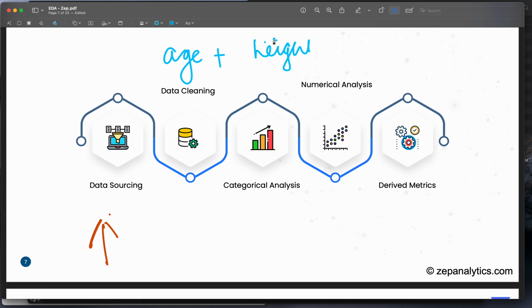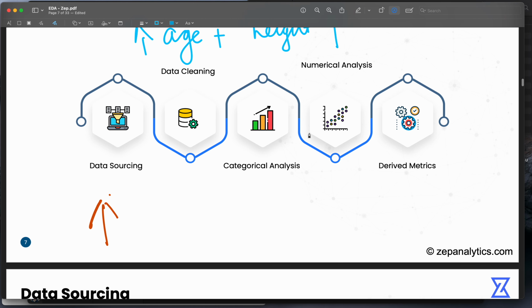As the age increases, mostly height increases in most scenarios. And we also saw that my pen was making some problem. So this is another analysis we did yesterday. So right now we'll focus on the rest of the part, that is this only, derived metrics and types of